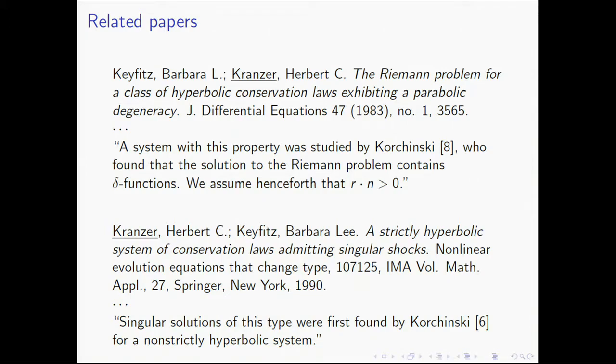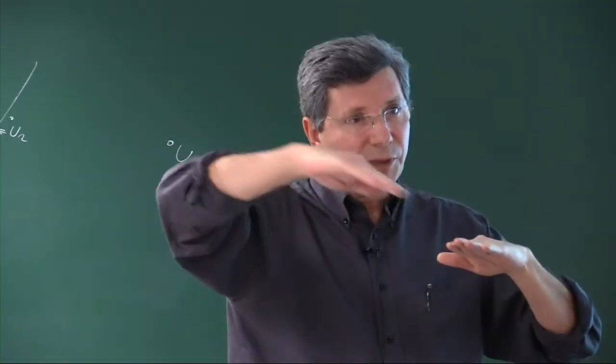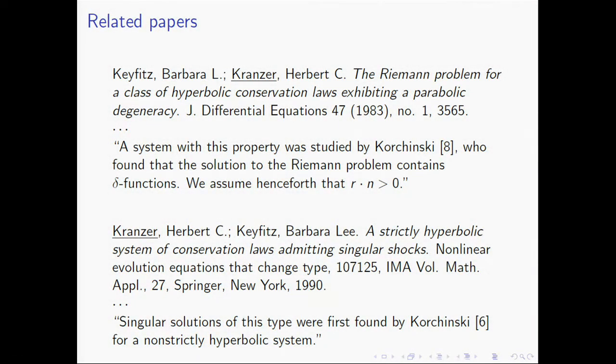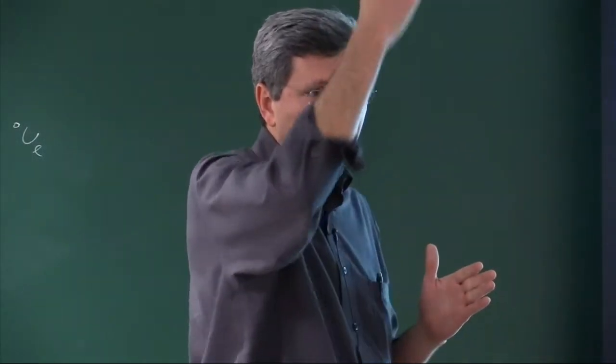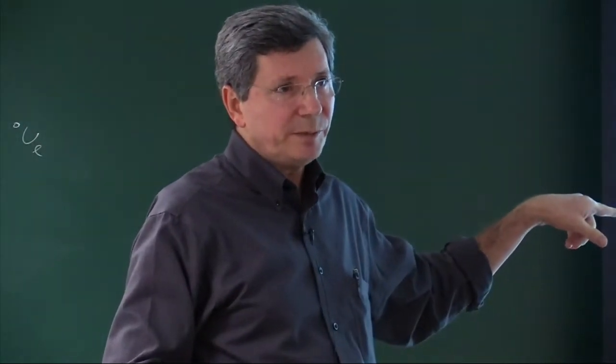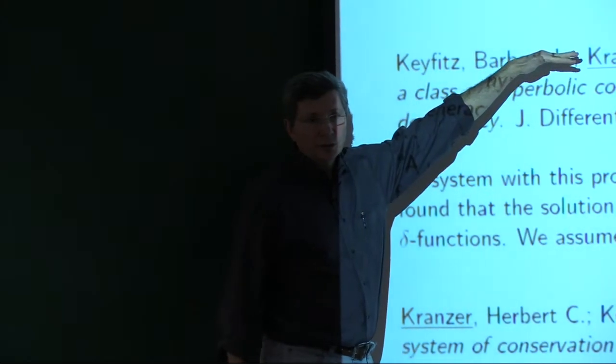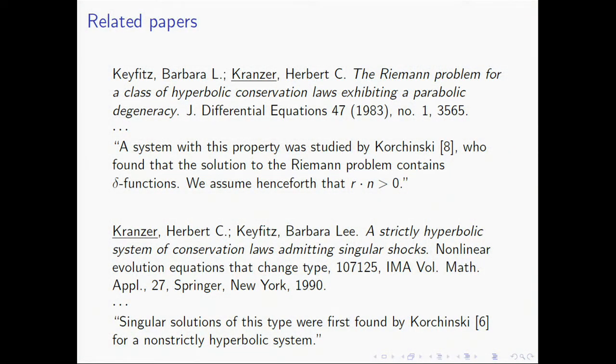This paper here by Barbara and Koshinsky, I think it's very well known because it's a paper where he considered a system in which we have coincidence of angle value along a manifold. And in this paper, he has a condition that the manifold where you have coincidence is not parallel to the angle vector. In Koszynski's paper, this happened. So in this paper, the delta wave solution does not appear because they don't consider this possibility